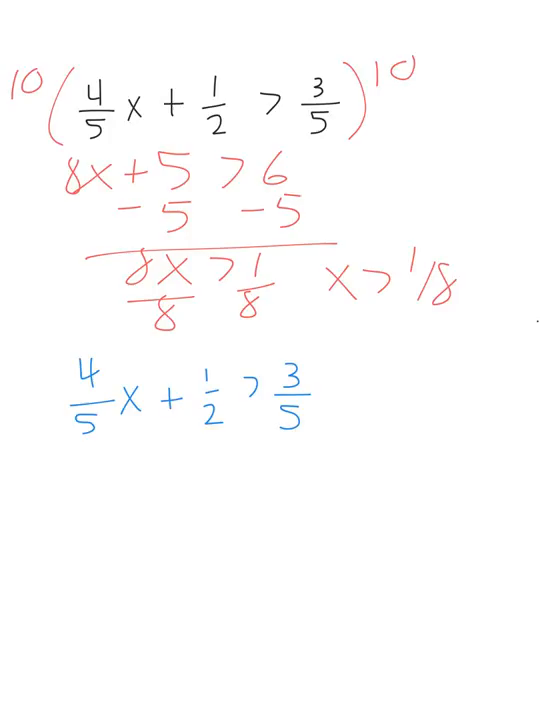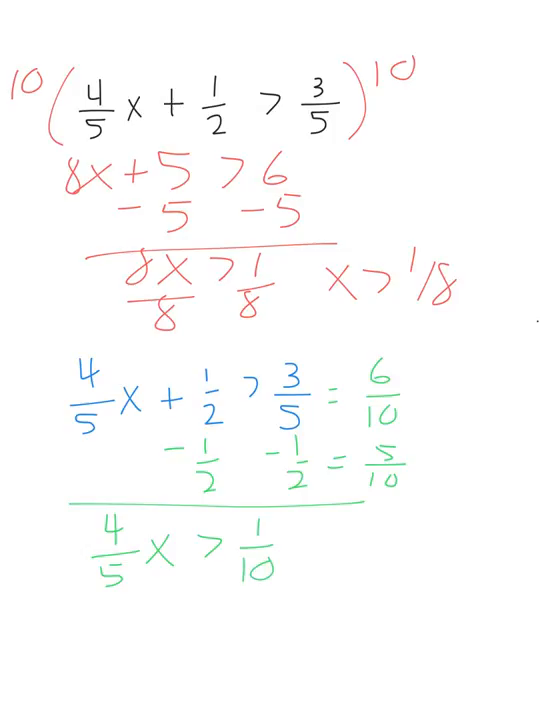Now you might not be comfortable doing it that way, and that's okay. So we will go ahead and just do it the traditional way. Subtract your 1/2, which means you need to get your common denominators. And this is going to give you 4/5 x